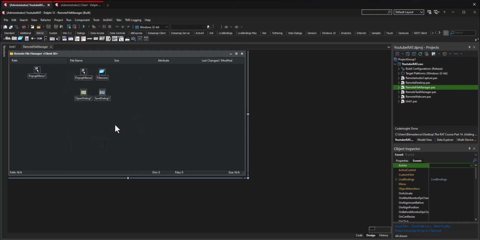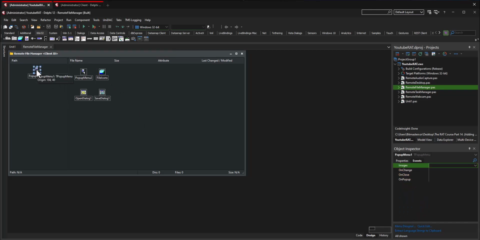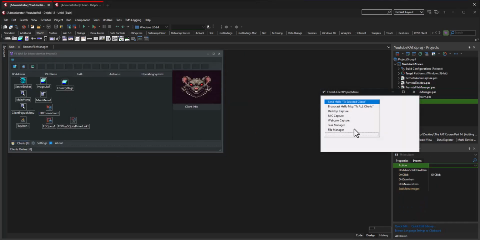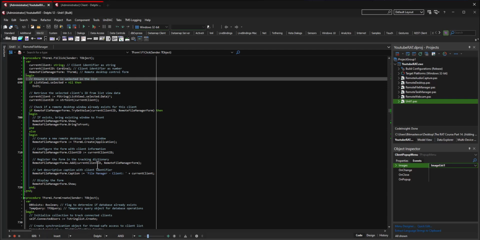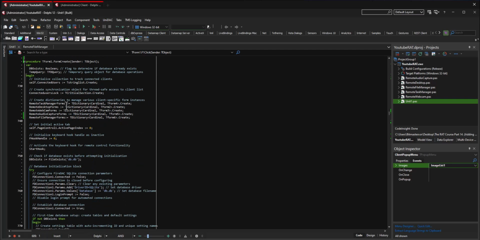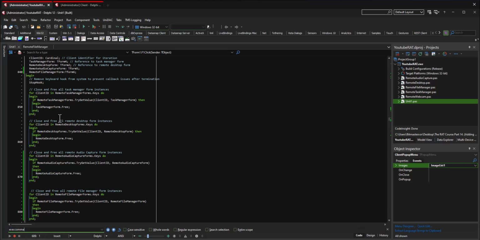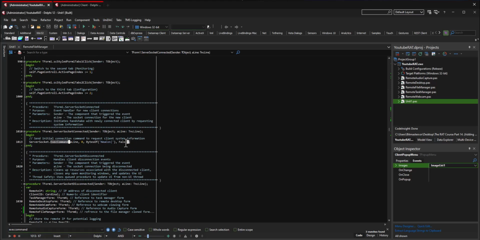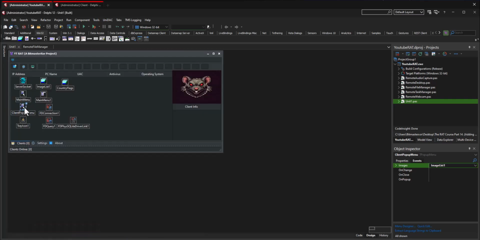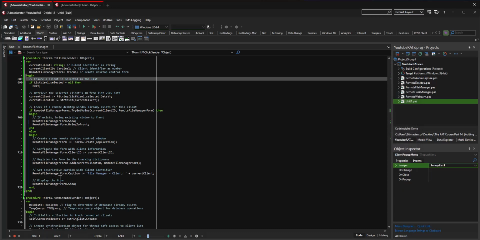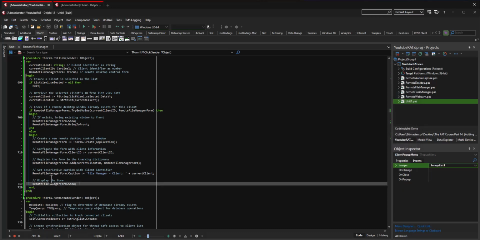So let me just really quickly, before I close this out, because this did take a little while to kind of show you guys how to make this, I want to explain something to you. Whenever we go over here, let's add in a little bit of code. Let's go to our file manager here, and let's look for an execute command. Let's copy this, and let's hop over to this code. So before we show that form, actually we'll show that form,